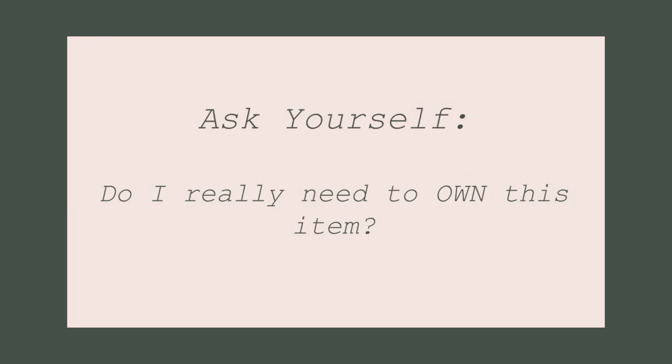The next tier in the Buyarchy of Needs is borrow, and admittedly, us Americans are not that good at sharing. If you have a special occasion to dress for, you can always borrow something from a friend. If you're going to a costume party or a themed event, and you realistically only need an item for one day, try to ask around in your friend group and see if anyone has anything similar to what you need